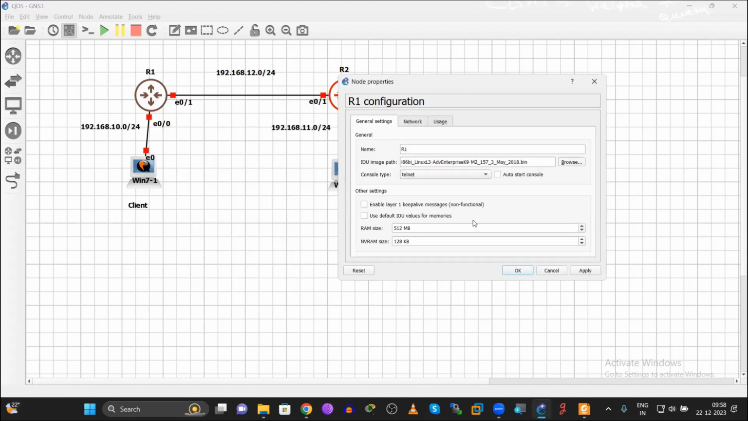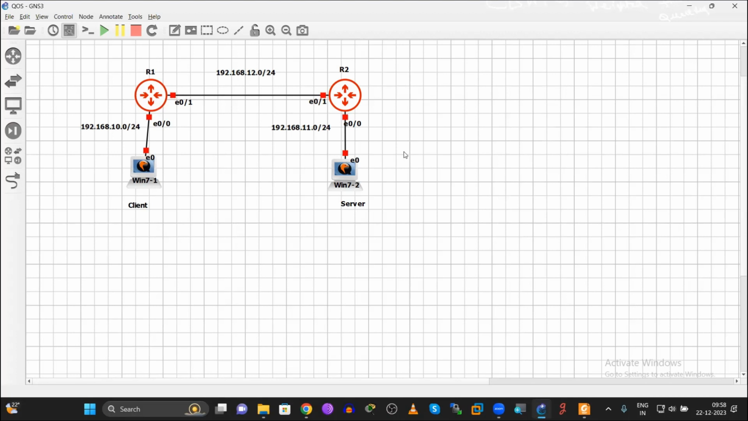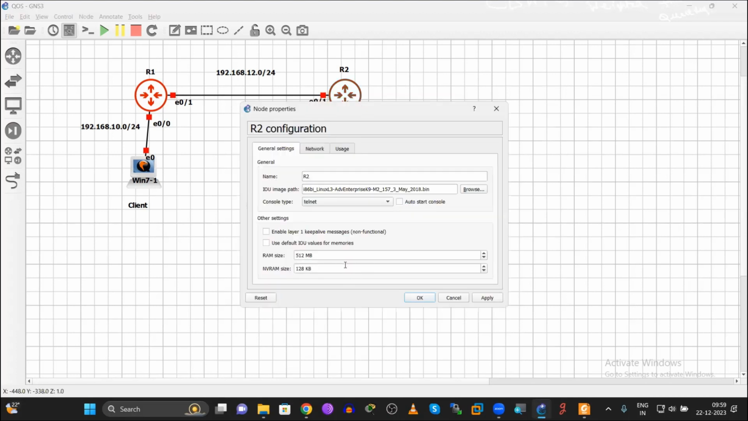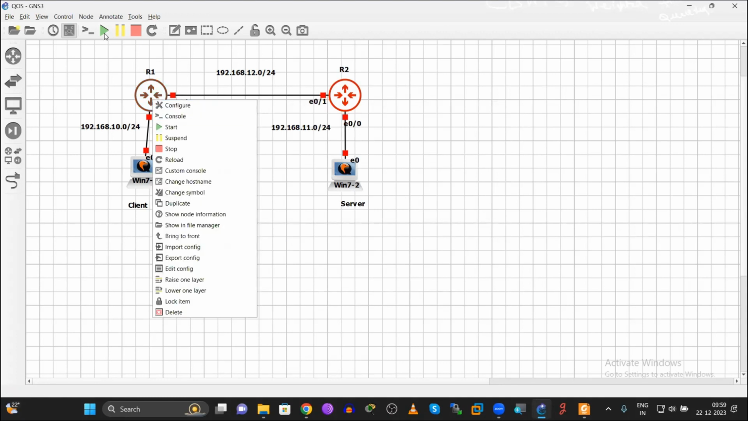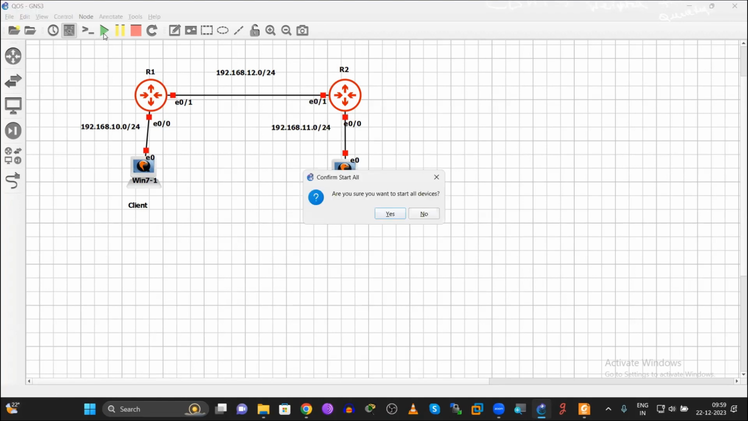This lab requires more memory. 512 MB is the RAM size and 128 kilobytes is the NVRAM. Okay, that's enough. Then I'll configure. Here also, I'm having the same. Then I will turn on these devices first. Quickly, if you click here, all the devices will turn on at once. Then if you click this console connection,